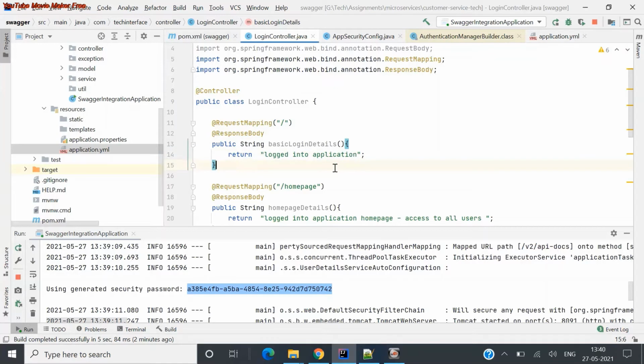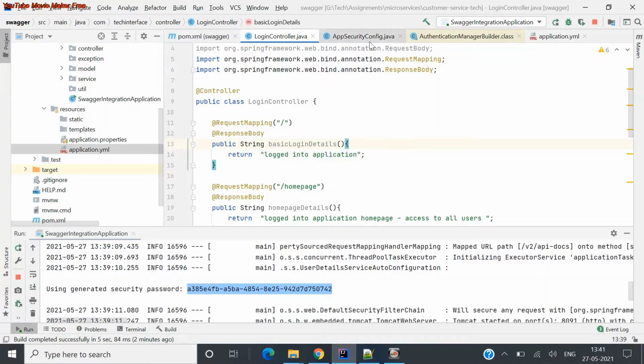So here there is no configuration, nothing. I'm allowing it with basic credentials, or default credentials, which Spring provides, and if it is successful, it just returns that you are logged into the application. Here there are no user roles, nothing. It's simple: any user with a username and the default password provided by Spring can log in, and it will return you some basic data.